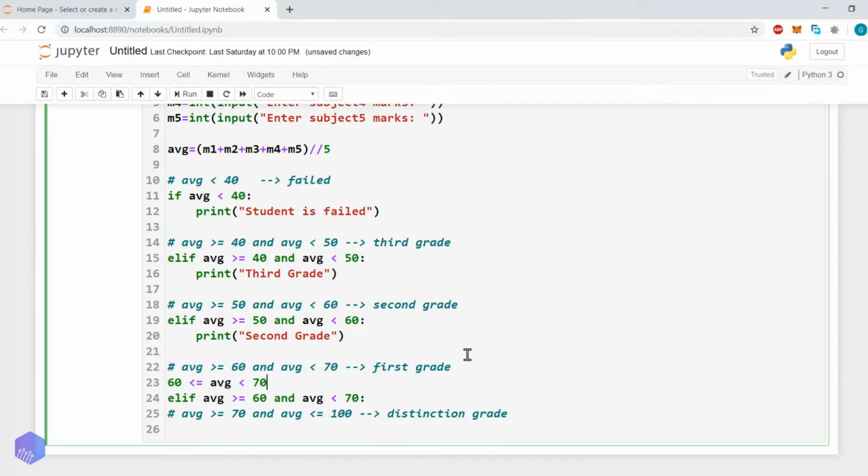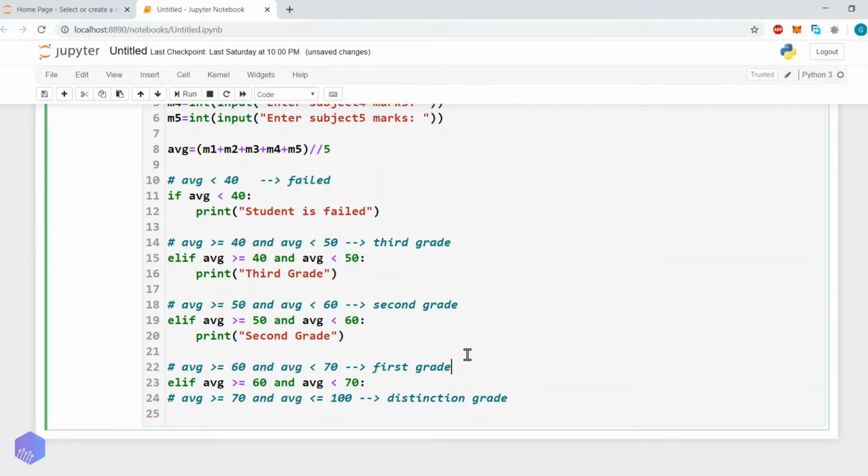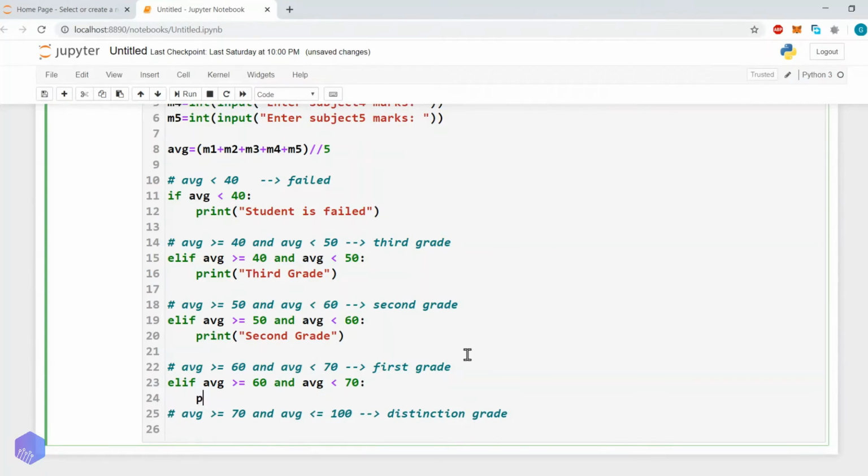Okay, so this way also you can write condition. If you don't want to use and, then this way you can also write the condition. Then print first grade.